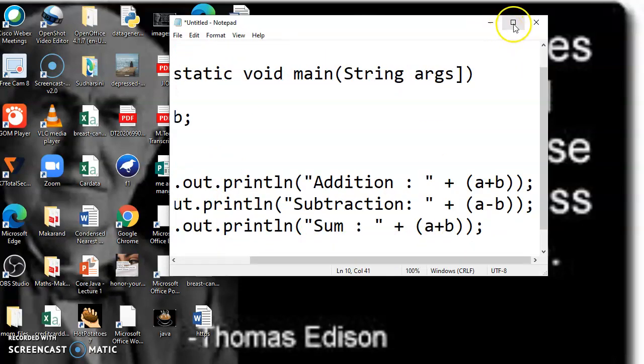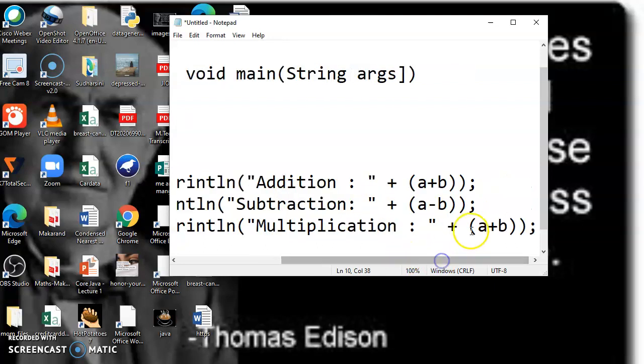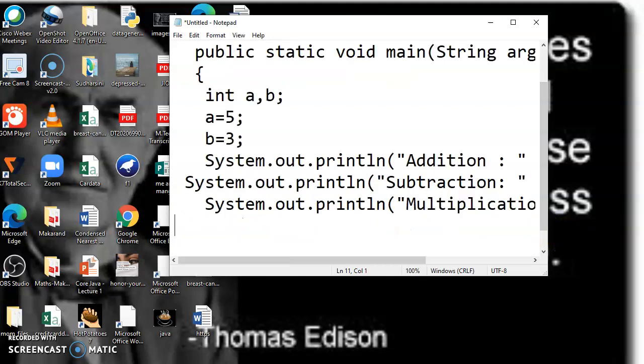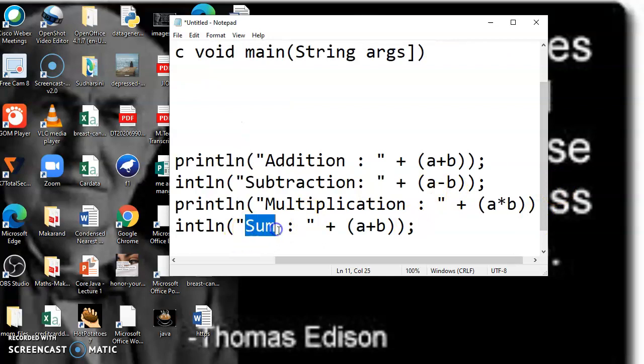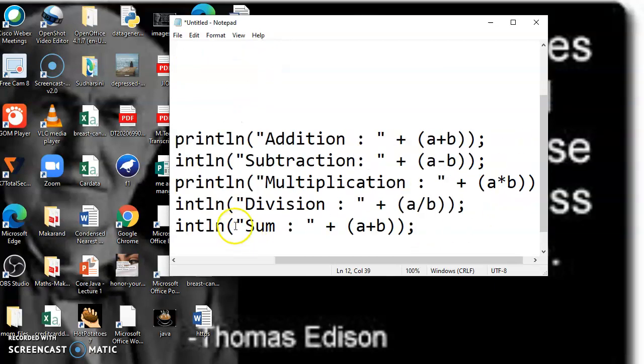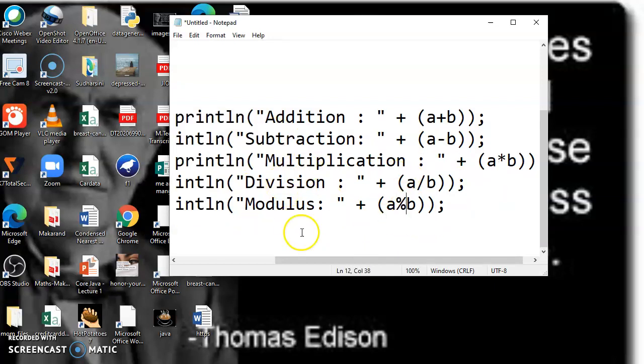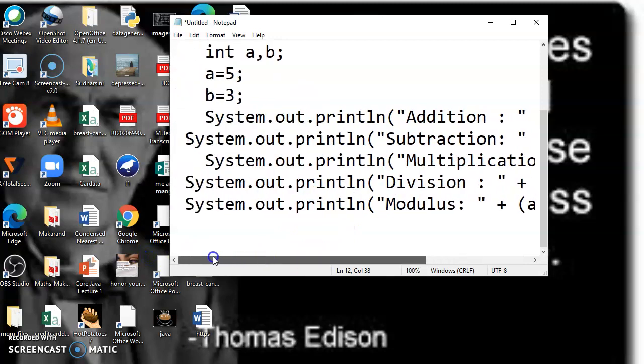Next, multiplication: I am using star here. Then division: forward slash is used for that. Next is modulus: the symbol is percent. So these are all binary operators, that means you are working with two operands.